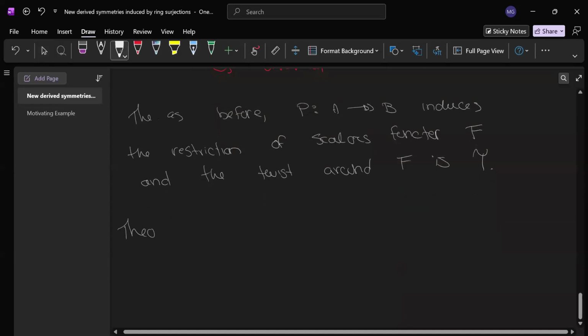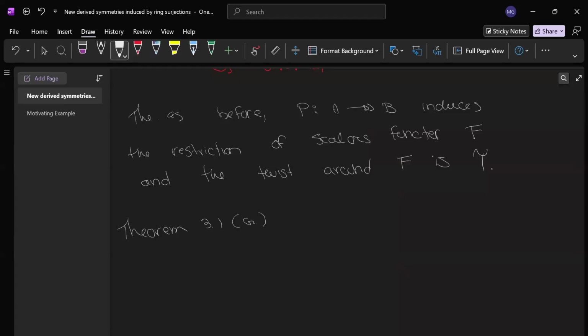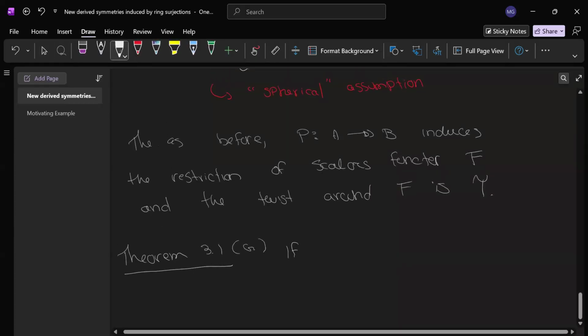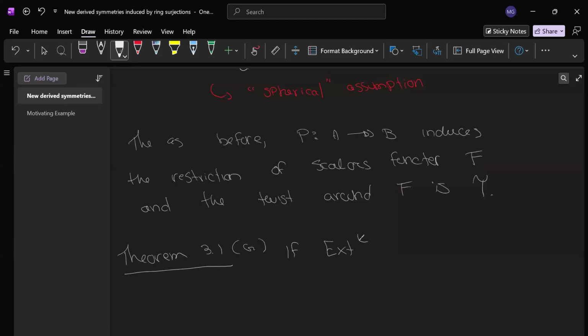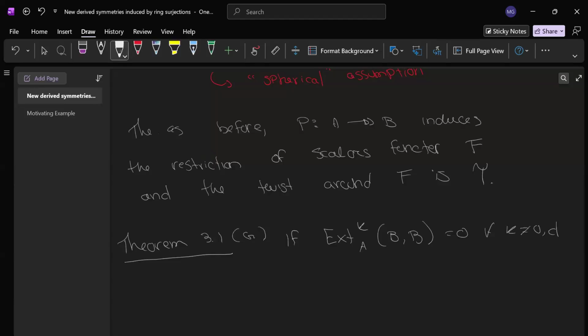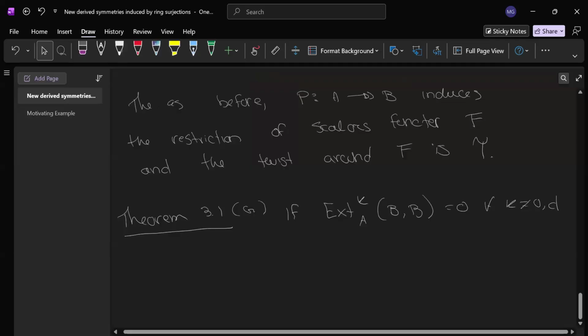So the first result in this setting states that if B satisfies a certain Ext vanishing condition, so we're going to ask that Ext^k from B to B vanishes for all k different than 0 in the dimension of R, then